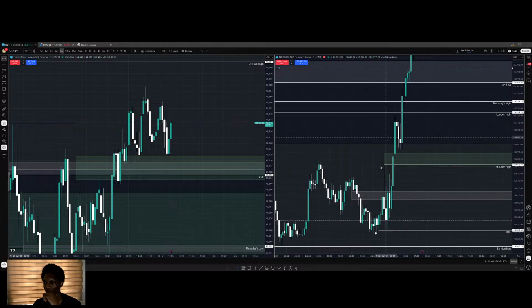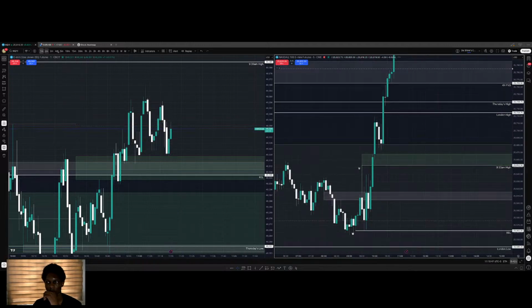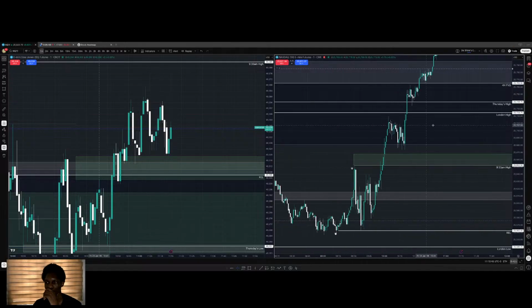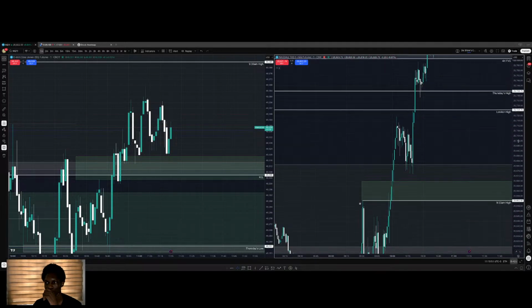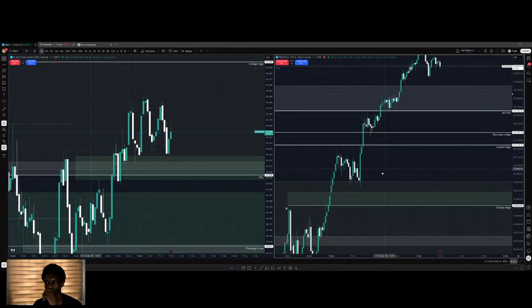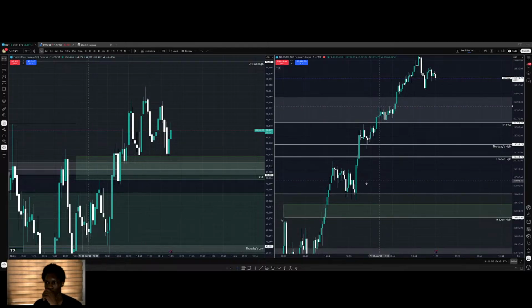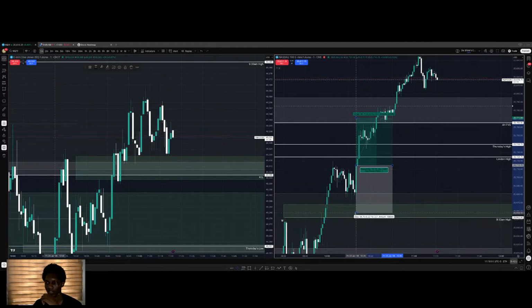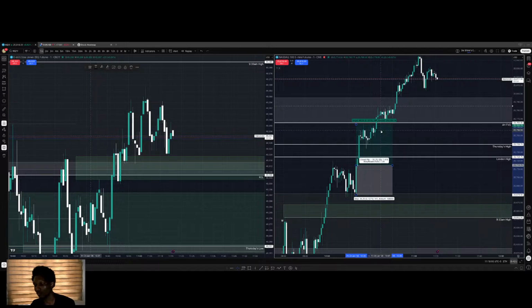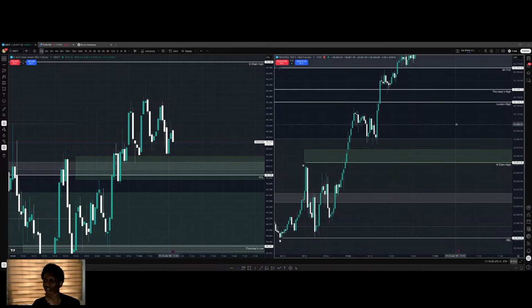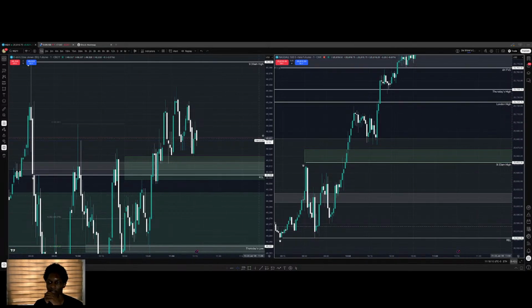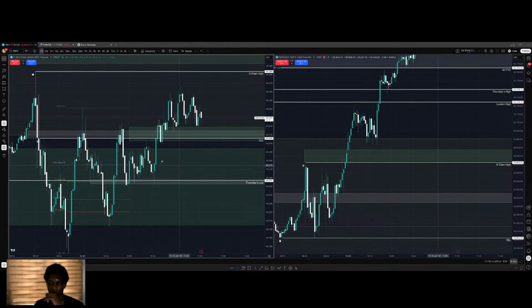So on NQ, I want to see us trade into this for me to take a trade. We did not have that. If I was to take this for that 4-hour gap, it would be a 1.4R, so there's no trade I would have taken. Yeah, YM has had the most optimal trades for me to take.